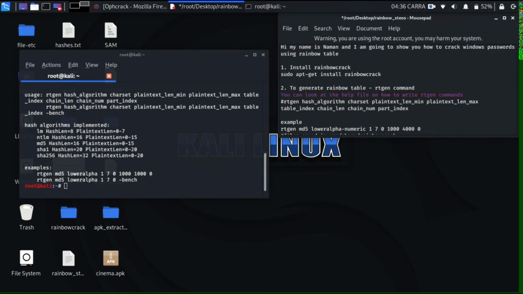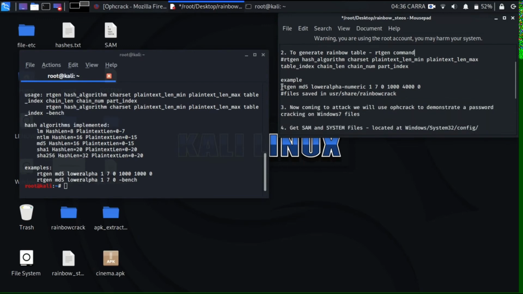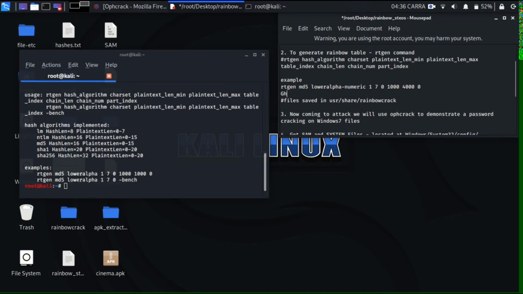Basically I am going to create a rainbow table with the MD5 hashing function where the text will be lower alphanumeric, basically small abcd and 1 2 3 etc., which will have a length of 1 to 7, and I'll be creating the chain length to be 1000 and the number of chains to be 4000.